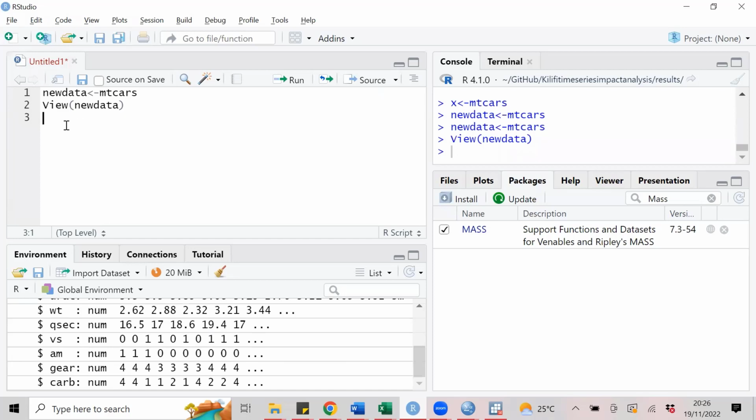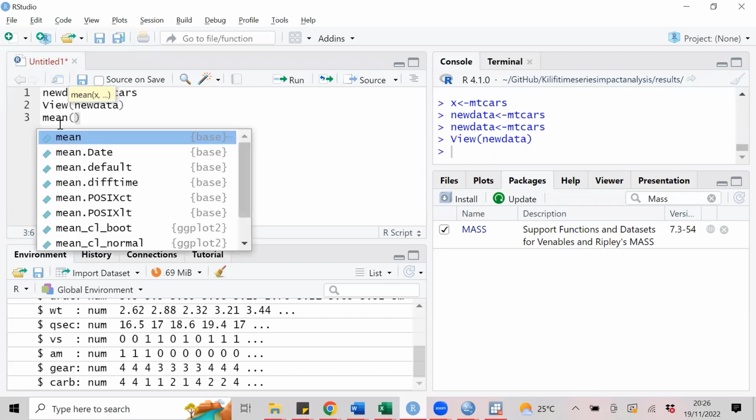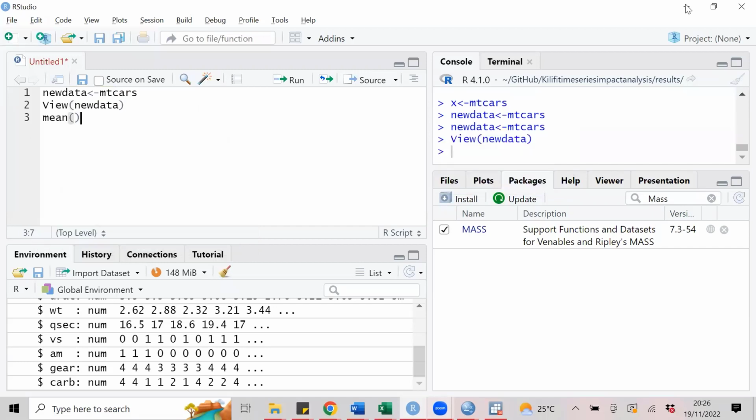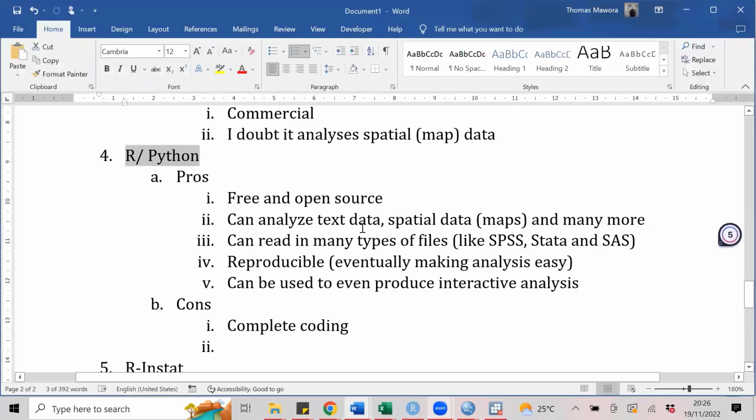But when doing the analysis, like 90% of the analysis, you just have to know what you want to do, and so you have to write the code to do that. Like if it's the mean, you want to take the mean of something. Okay. So that is the biggest limitation I have with R and Python, which is they are mostly coding.